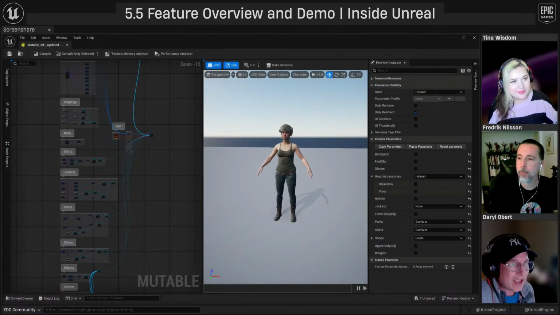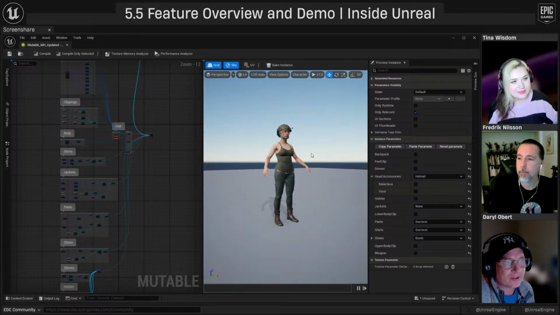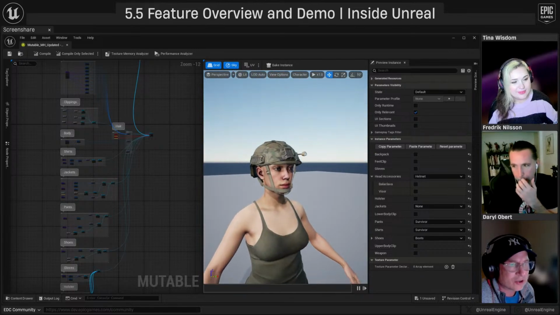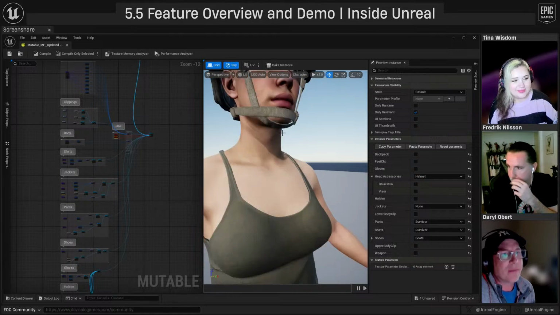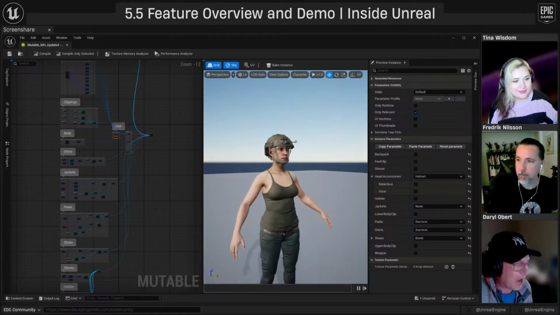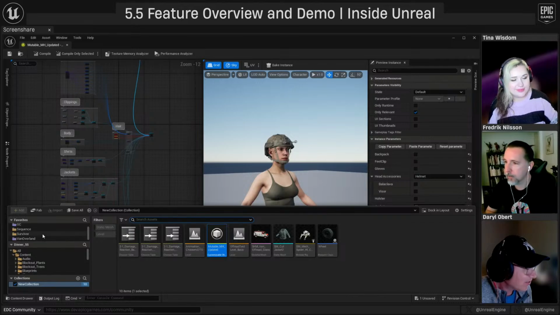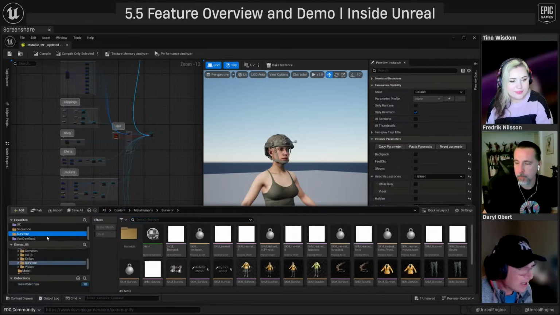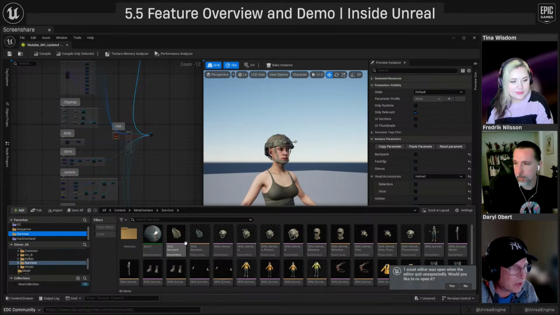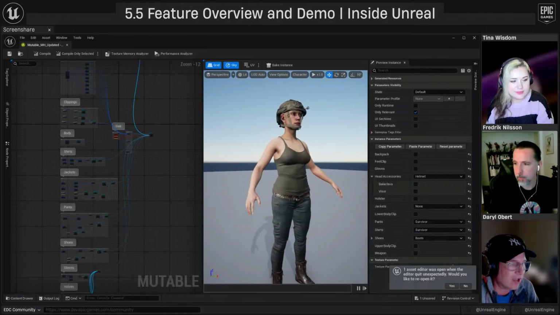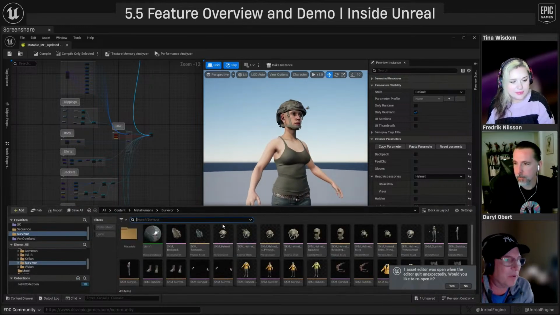The way I set this character up was I did a lot of the initial work inside of Maya, where I made everything as modular as possible. If we bring in our content browser, yeah, I do have her pulled out. I took every item that would be part of her outfit.